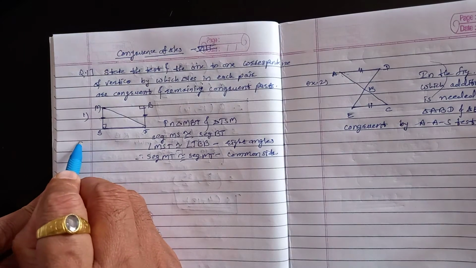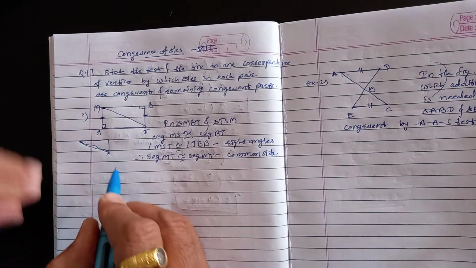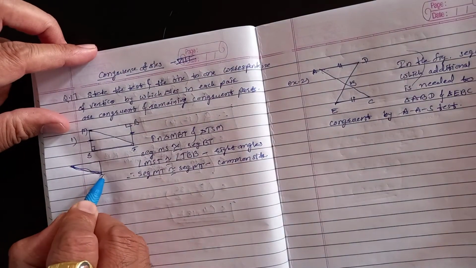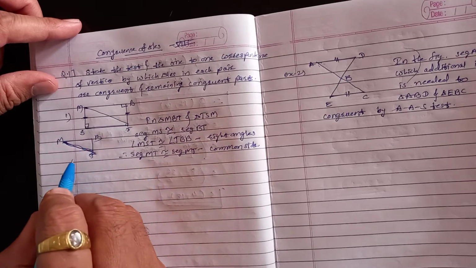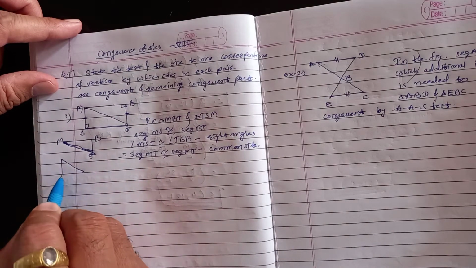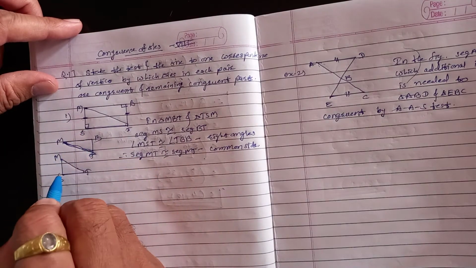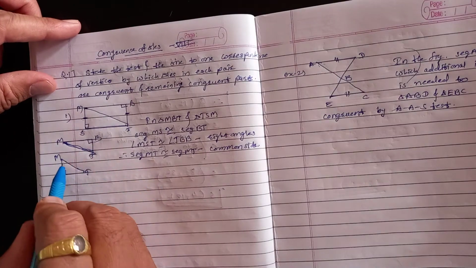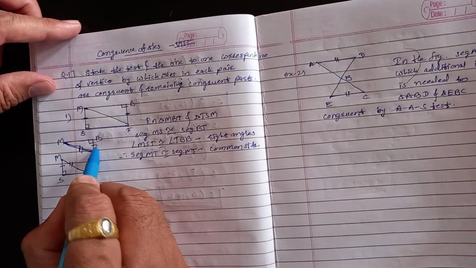See, in these two triangles we have shown, if we draw this one separately, how do these two triangles look? This is MTB, and here another one is like this. Here this is also MT, and this is 90, this is 90. So this MT is the same, so automatically it is congruent. This one is already given congruent.